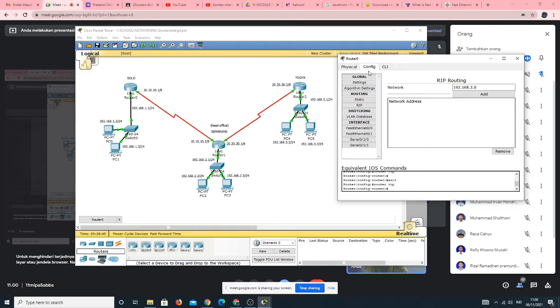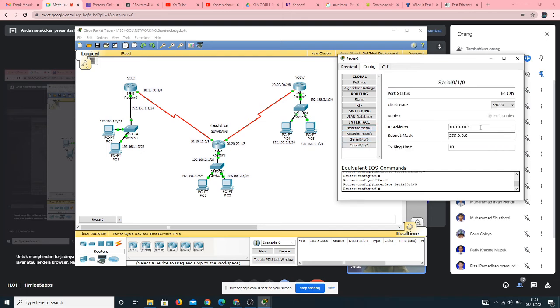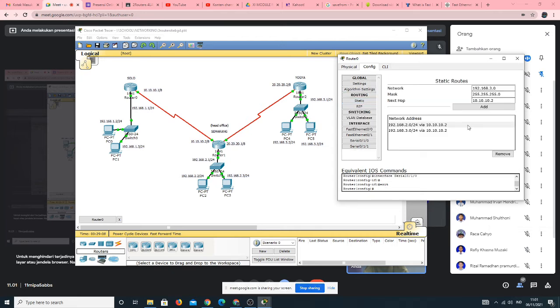Okay, the configuration of router 0 is already finished. We already configure fast Ethernet for the LAN Solo, serial for connecting router Solo and Semarang, and then the static route or IP route ya, when we are using CLI.